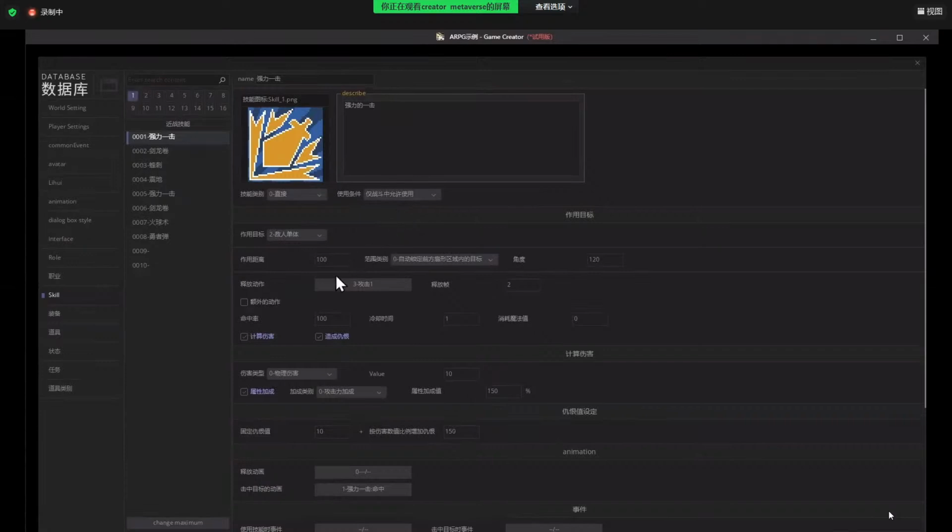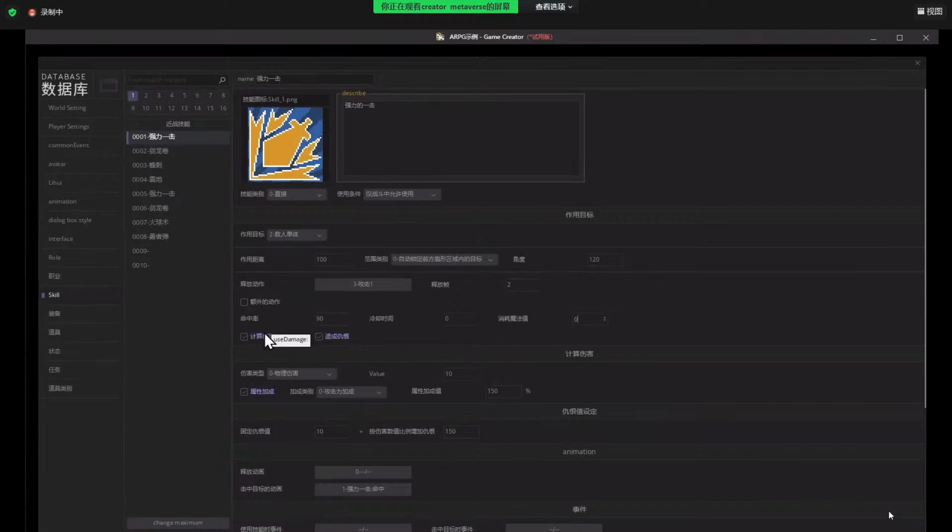And we can also change the hit ratio from 100% into 90. We could also change the cooldown time from 1 to 0. The MP cost could also be changed from 0 to anything. Let's change it back.